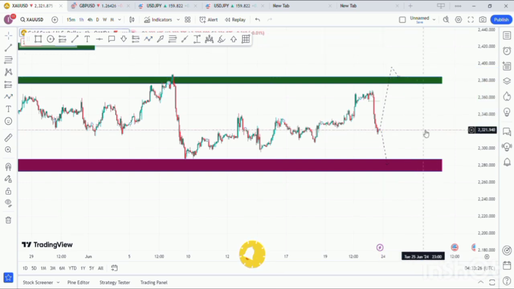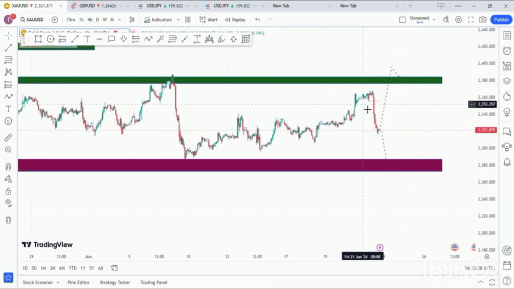So generally for XAUUSD, we'll be expecting some continuations to the downside, to the support zone right here. But on the flip side, if price decides to reverse, to break this high, we'll be expecting price to continue to the upside, respect this resistance zone right here. This is a very valid resistance zone, or possibly break out of it to continue to the next resistance zone